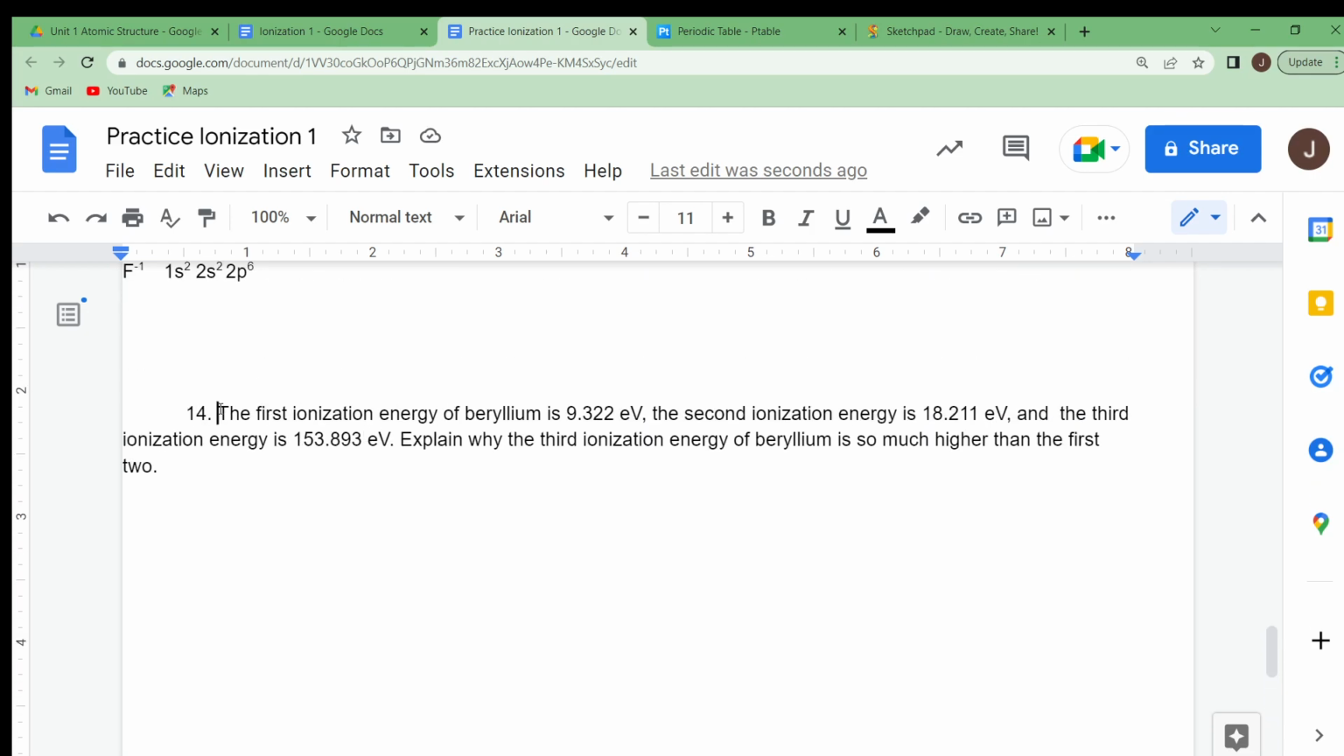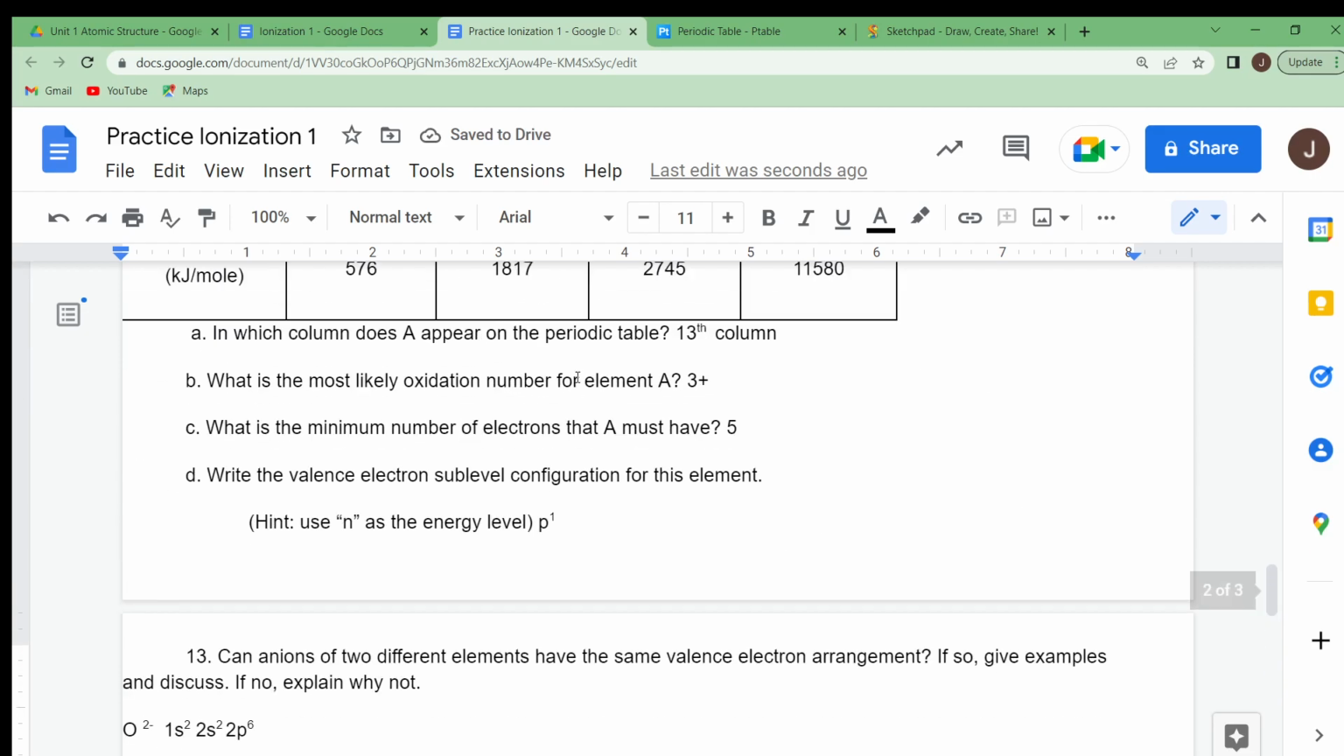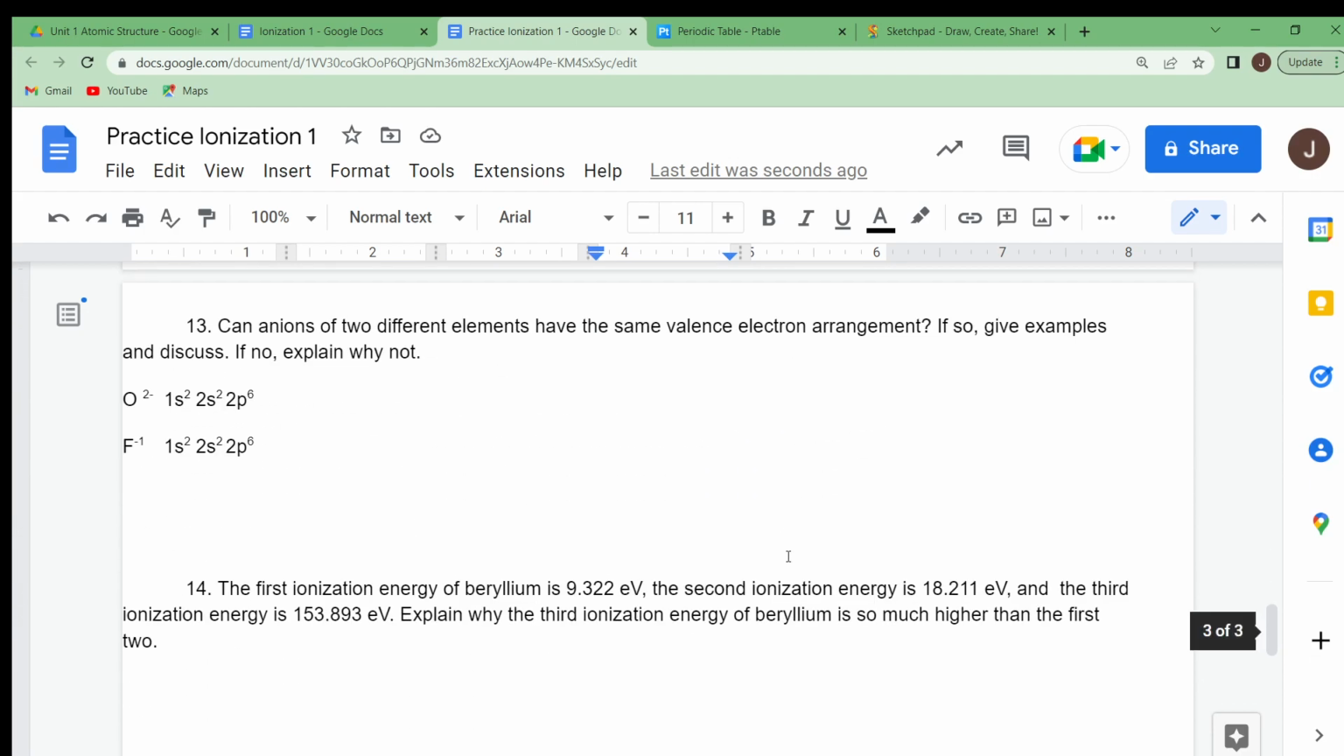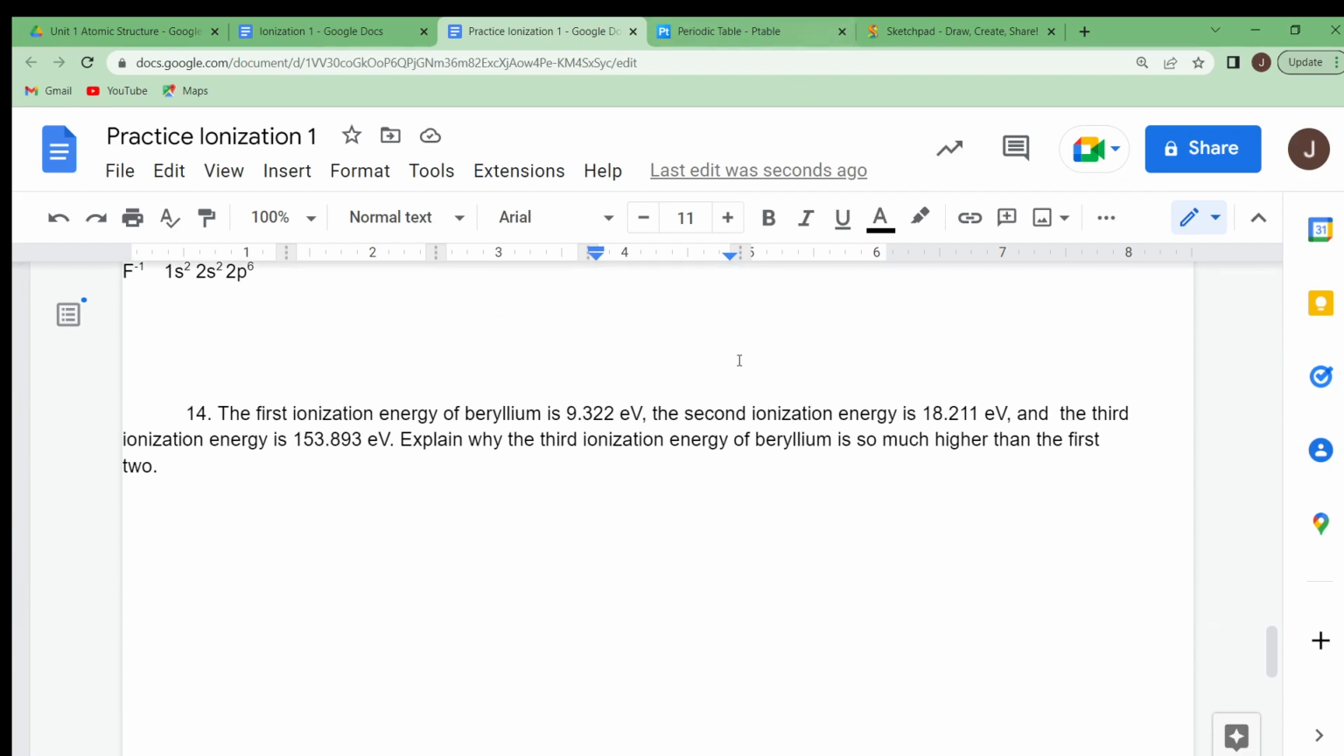Next one is 14, and it's saying that the first ionization for beryllium is 9.322 eV. The second one is 18.21 eV, and the third is 153. Okay. And it's wanting us to explain why the third ionization is so much higher. Okay. And in this case, we already know from the previous questions, like question 12, and we knew from before, that